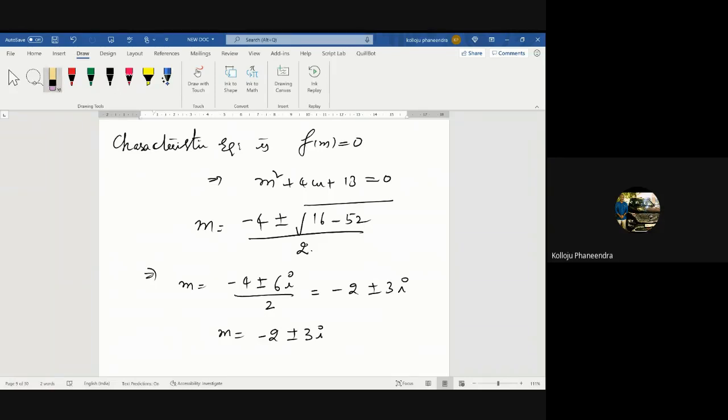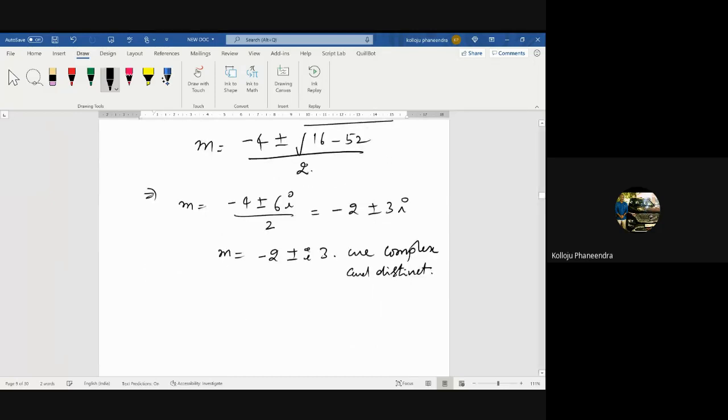You can write 3i or i3, it doesn't matter. So the roots are complex and distinct. Not repeated, right? Complex and distinct. Therefore the solution is